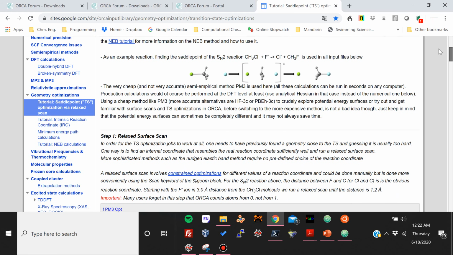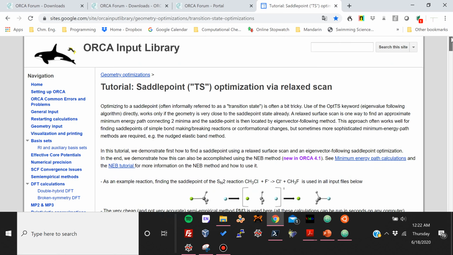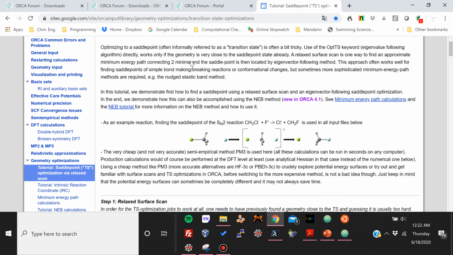And we may actually not be performing all the different variations on all the different methods that they have to calculate transition state, this transition state optimization. However, it's going to be a walkthrough nonetheless. Okay, so